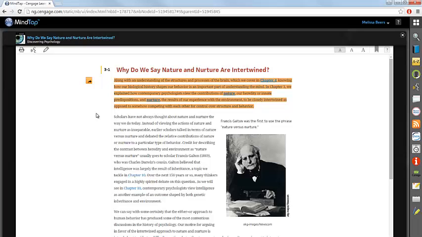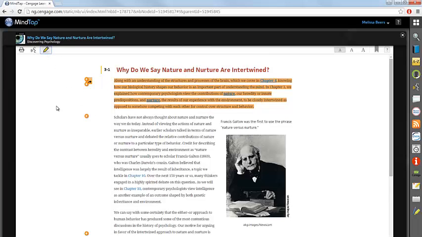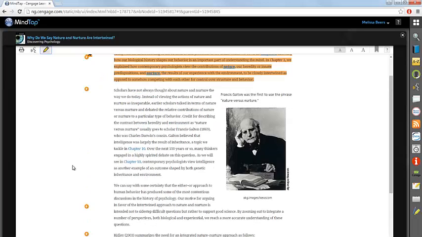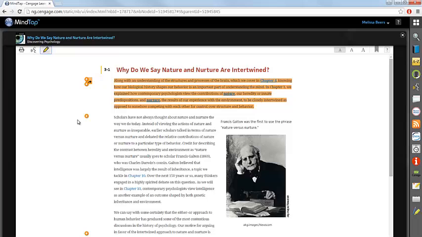You can also embed your own resources at point of reference right within the ebook. To do this, click on the pencil icon in the top left-hand corner to activate the edit mode. This will reveal orange plus mark icons in the margins of the page. Wherever you see a plus mark is an area where you can add in your own content. To do so, click on the plus mark,